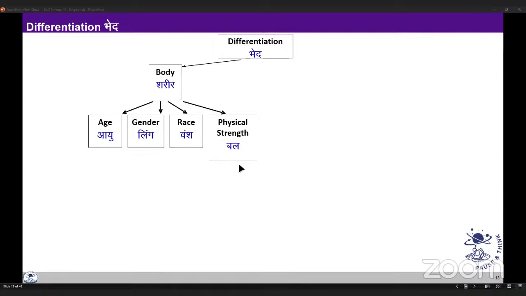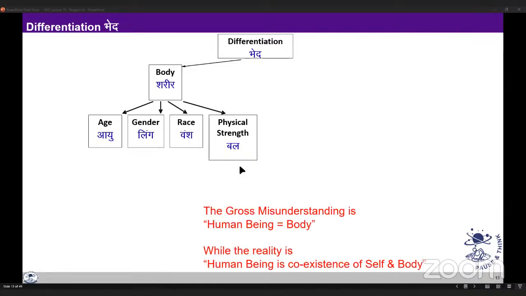So because I have not accepted the student to be self and body in coexistence. Age, gender, this misconception, this misunderstanding that human being is equal to the body is playing here. Whenever I am differentiating the person on the level of age, gender, race, and physical facility. So we may be doing that. Whenever we are doing that, if a person is a small person, a stout person, or we can say, we